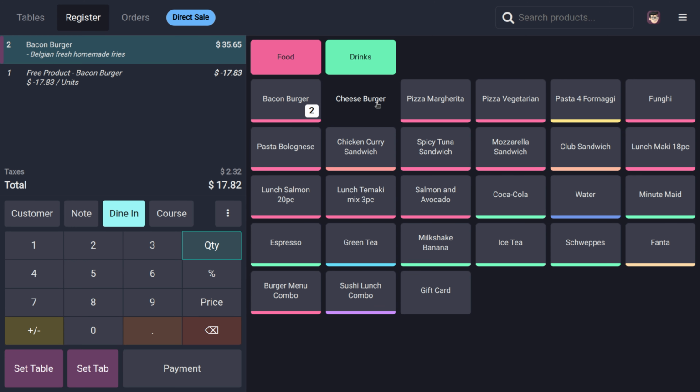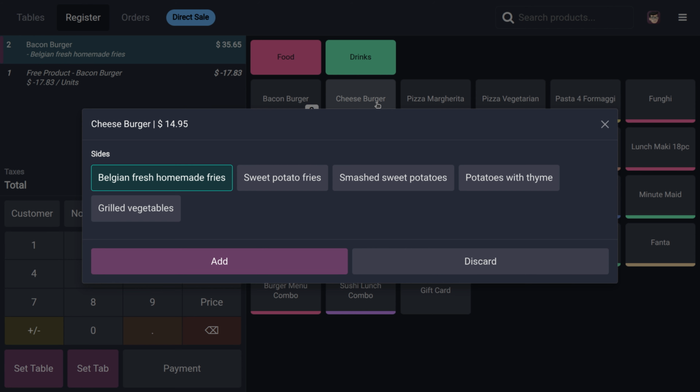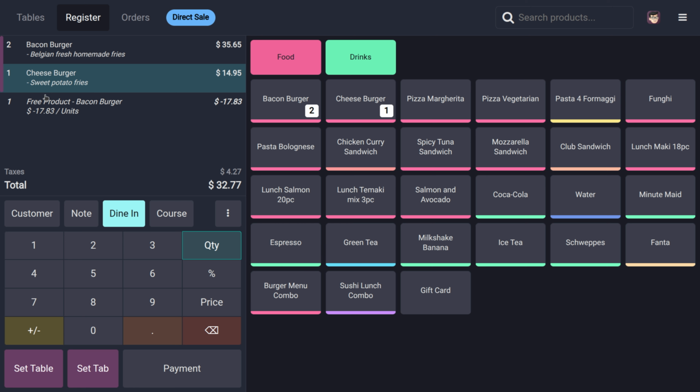Now let's move on to the cheeseburger, because we just provided the price list rule on the cheeseburger. Once we are added that, I need this with the sweet potato fries, adding this one. And now you can see for the cheeseburger, we just provided it as one. But we just provided the price list condition or the rule as if a customer buys 5 cheeseburgers, they will get a 10% discount. So I am going to update the quantity as 5. Once we are done with that, now you can see the dollar amount has changed